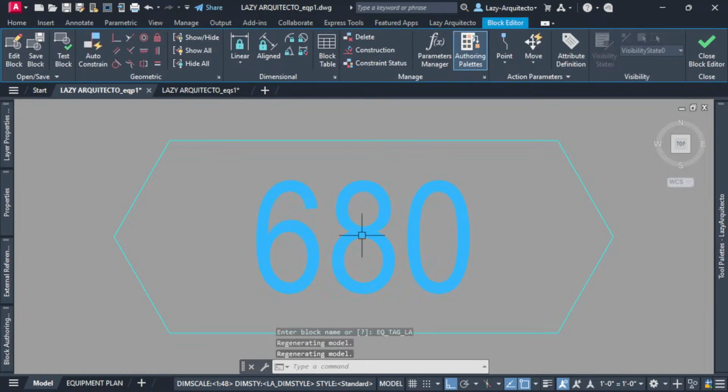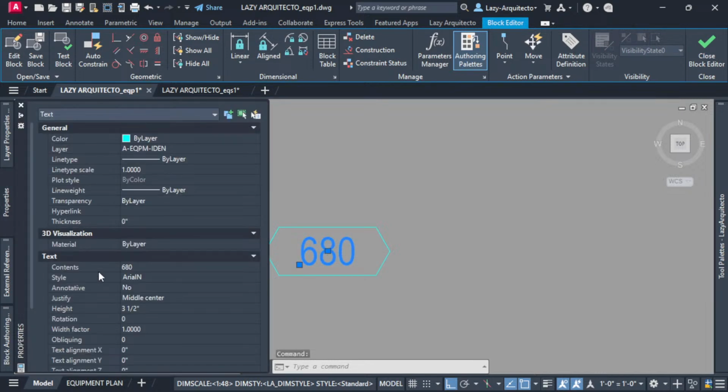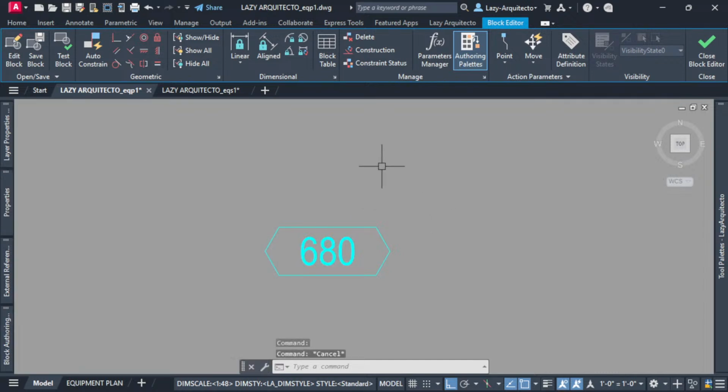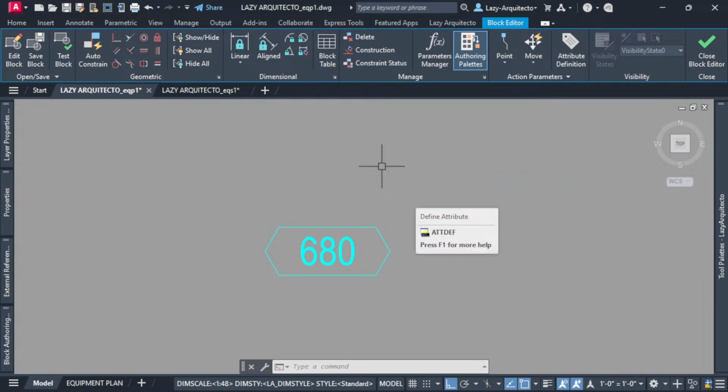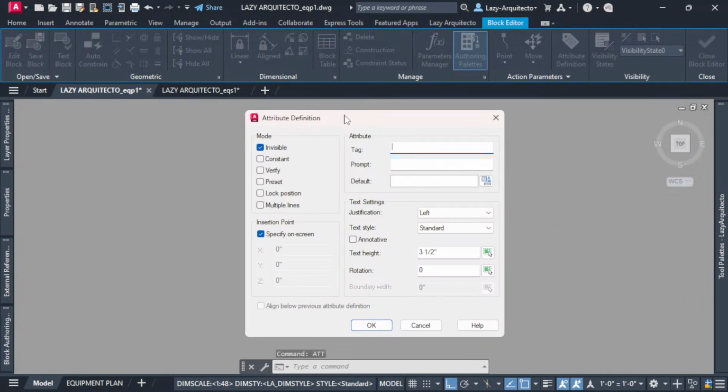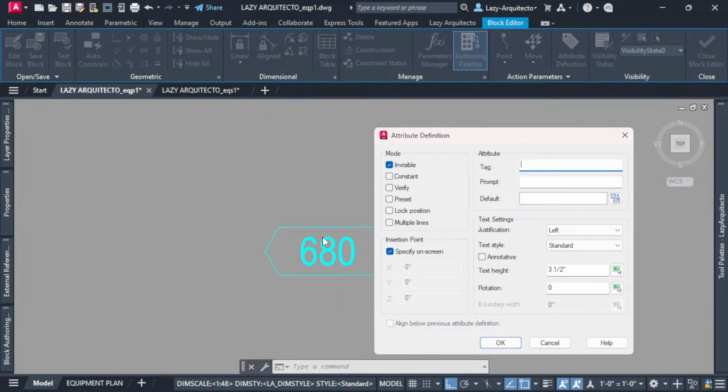All right. So what we need to do is, before I do anything, I'm gonna check the size of my text so I can utilize the same height, 3.5 inches. All right. So what I can do is insert an attribute definition with the shortcut ATT. So over here, we can start inputting some of this information. The first one that I'm gonna input is the item number. So I'm gonna say here item, gonna say number,